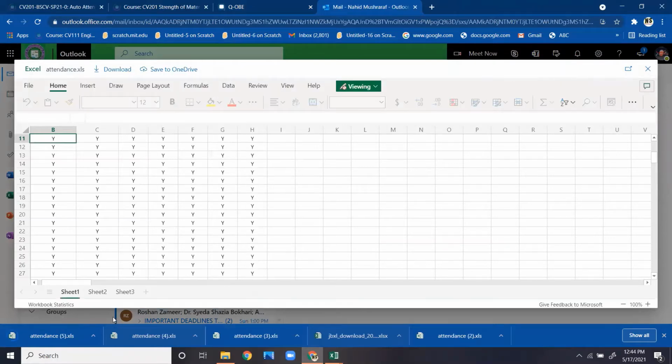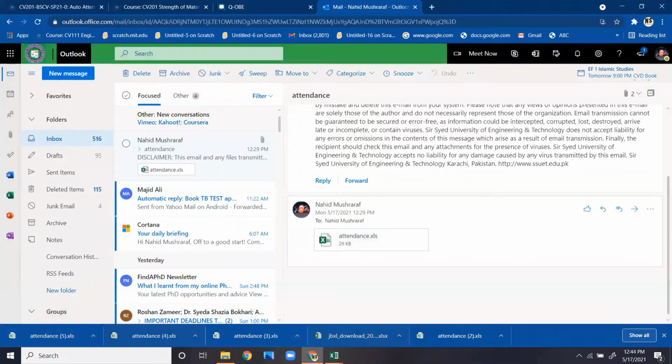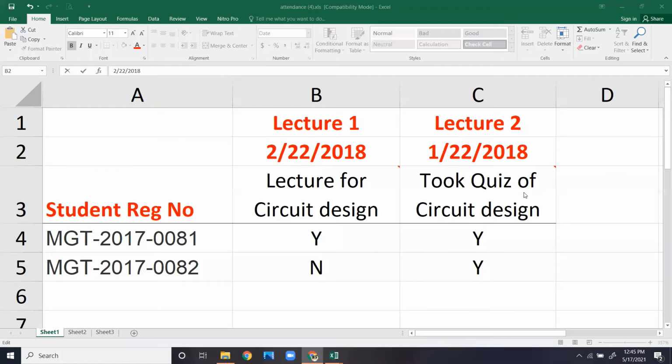This is named attendance 5. Let me open this attendance file. Actually, I have already worked on that, so I will copy it down. Then I will tell you how you can do that. So what you have to do here, let me open this.